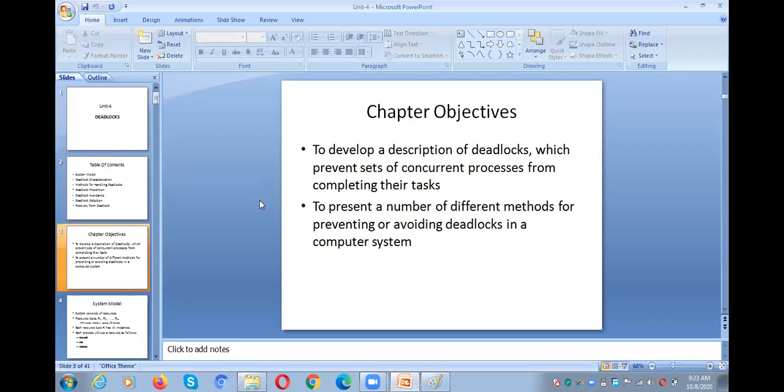First of all, what is the objective of this particular chapter? Deadlocks usually prevent the system's concurrent processes from completing their task. Okay, what are concurrent processes? If two processes are willing to complete their job in parallel, for example, both processes are trying to execute things